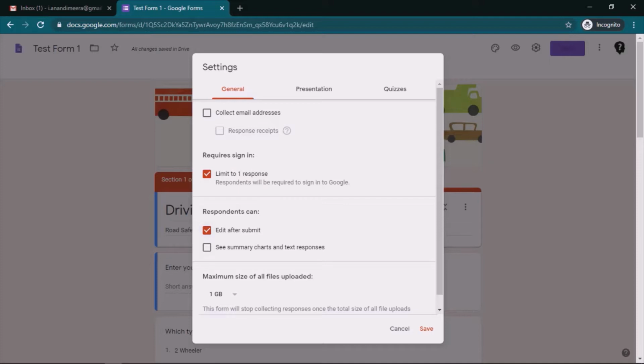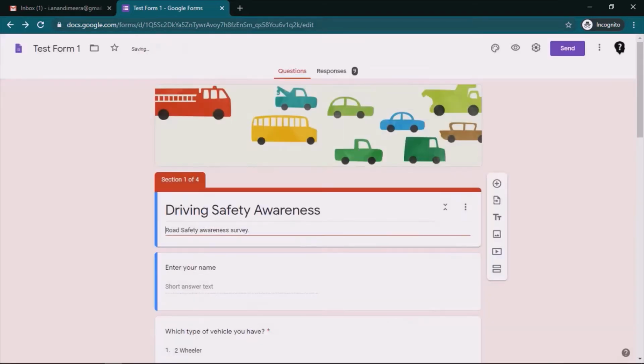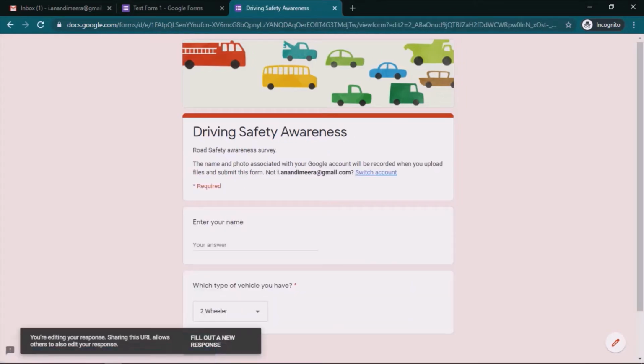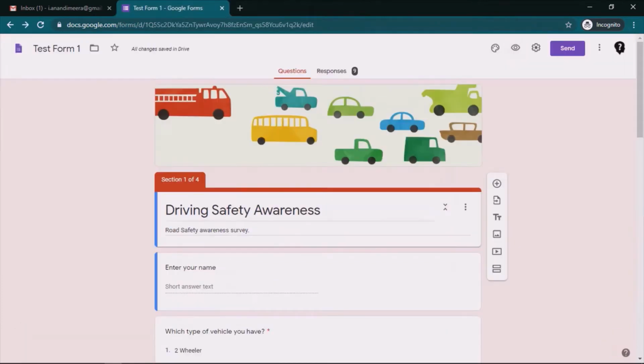However, make sure that you also enable the edit option so that in the same form the user can revisit and modify their inputs. So let me save this and show you the preview of the form. See here, I have already responded, hence my submit another response option has been disabled. However, I can edit my response and modify my input. This way you can restrict users to input only once.